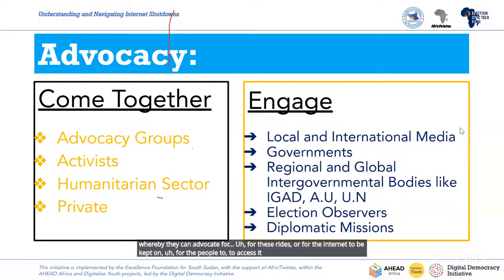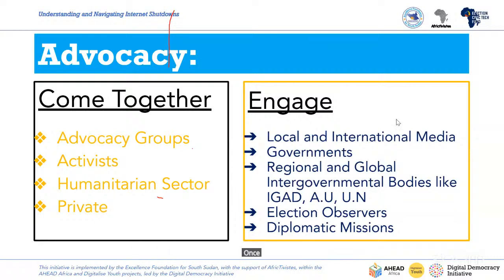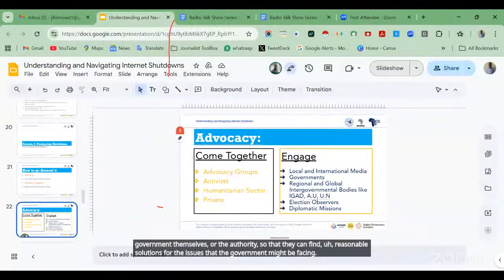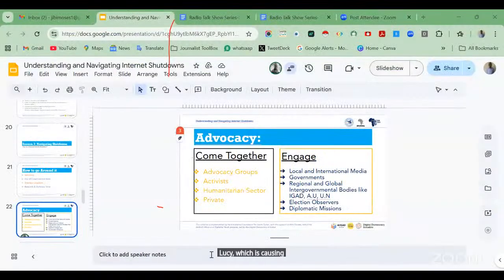Once they come together, they have to engage the local and international media to spread the information and push the advocacy against internet shutdowns. They also have to engage the government or the authority so that they can find reasonable solutions for the issues that the government might be facing, which are causing them to implement internet shutdowns.